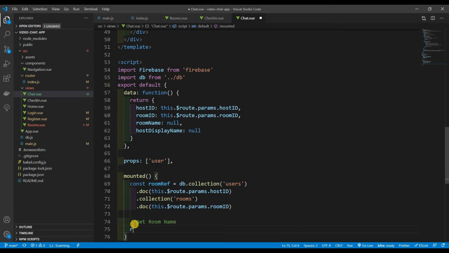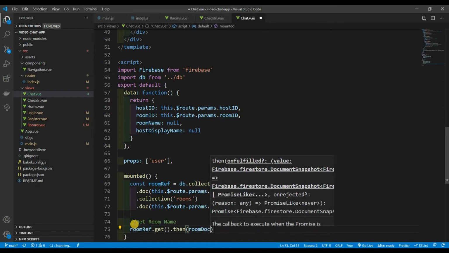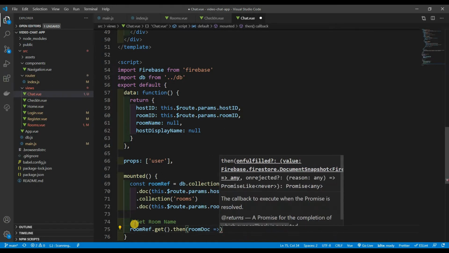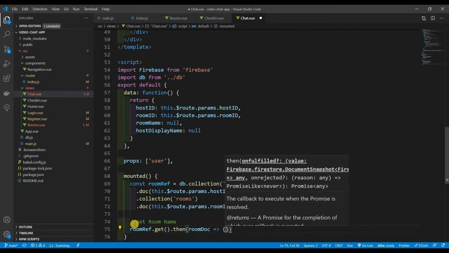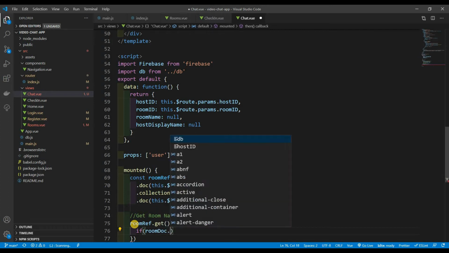So right here we're going to say room ref, we're going to dot get that information, and then it's going to return a promise. So we could do dot then, and we're going to get the room doc back, right? I could have just said doc right there, but I want to be super clear for you guys on what's going on. So we're grabbing the room doc back, or it's going to give us a room document. So in here, we're going to say if there's actually a room doc dot exists,